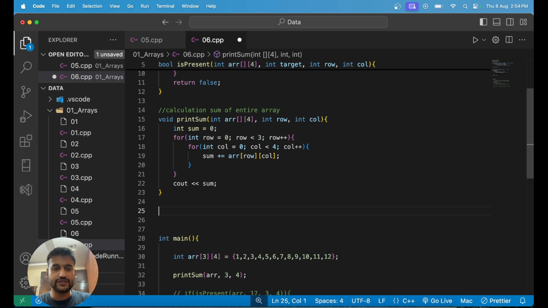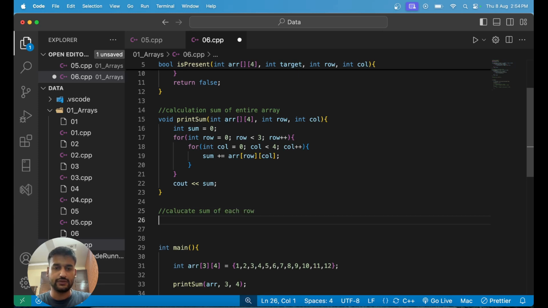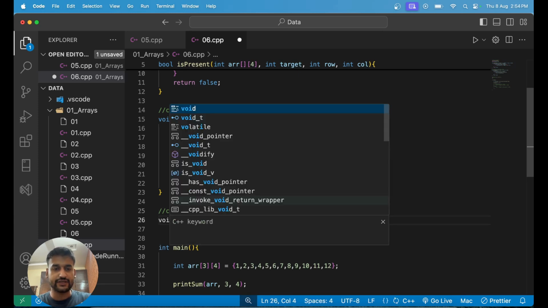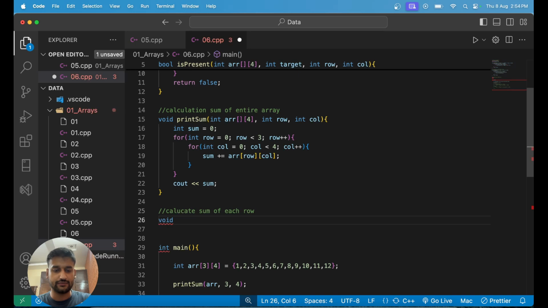But let's say I want to just calculate the row sum, right? Calculate the sum of each row. So very simple, I'm just going to say void print row sum, and this is going to again take an array of the same 3 by 4,